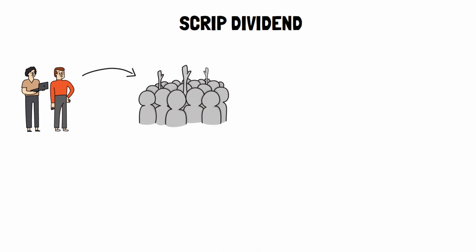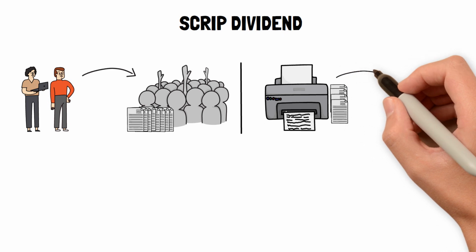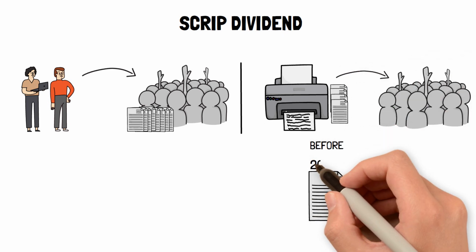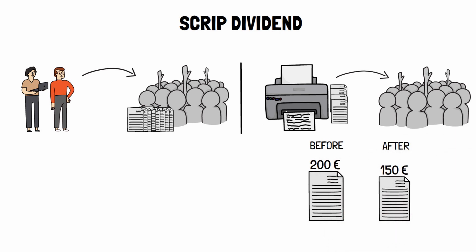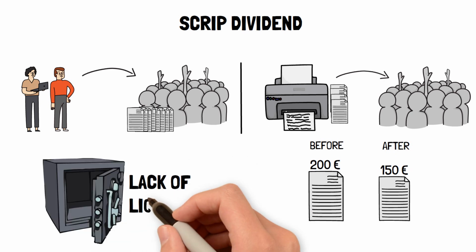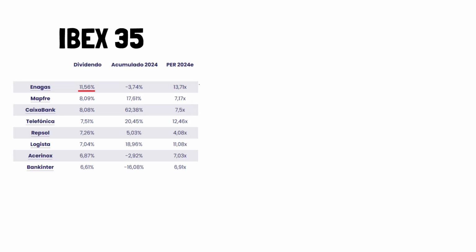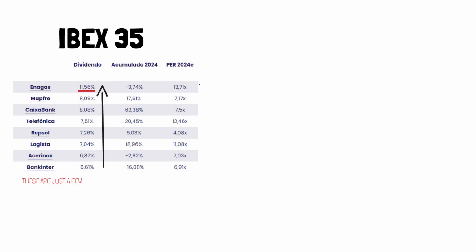Personally I do not like this, since to pay in shares two things can happen: either the big partners of the company deliver part of their shares, or the company simply has to issue more shares, which would cause the same effect as inflation, being the capitalization the same, the shares devalue. This can happen for various reasons, such as the company's lack of liquidity, but in any case it is not to my liking. IBEX companies are characterized by paying a lot of dividends, but not for their growth.